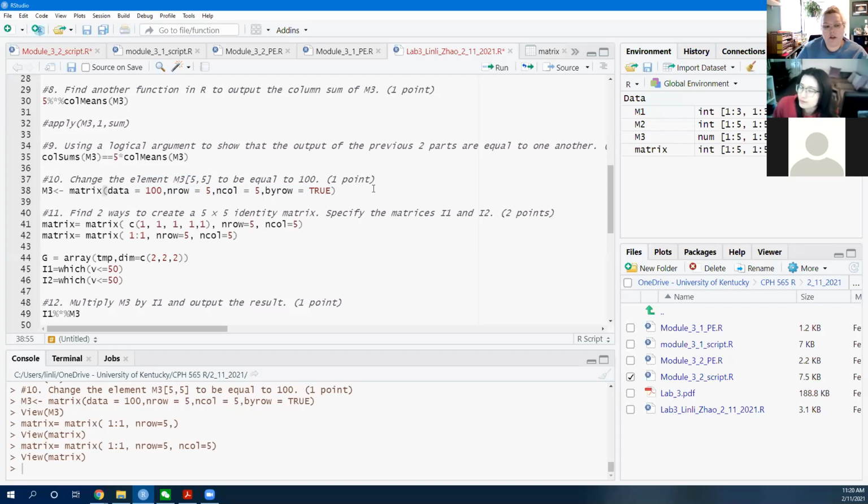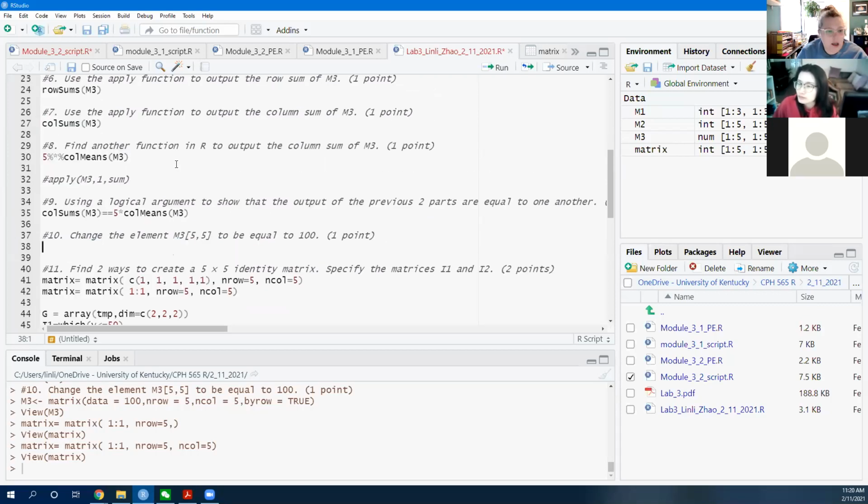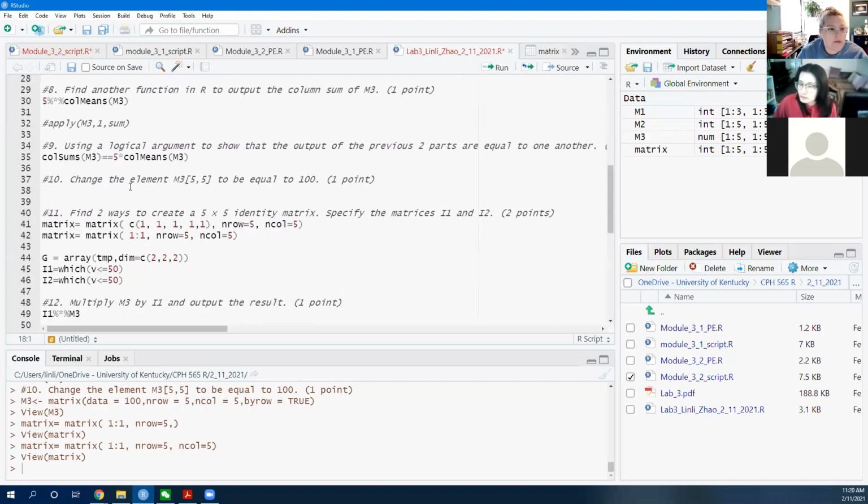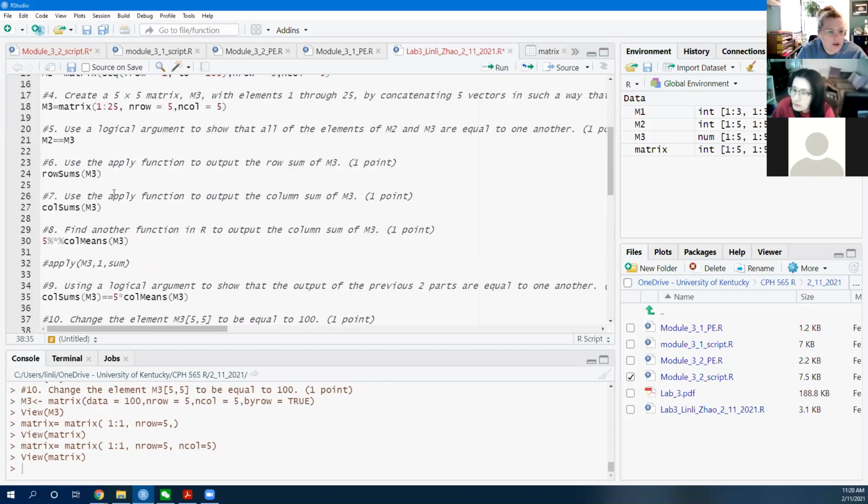Yeah, so you recreated the whole matrix here. So what I'd like you to do is actually delete out that line of code and then go back up. I think it was step 4 where you created M3 and recreate it. Yeah, there you go. And actually, let's go back up to your number 4 because number 4, we need to change